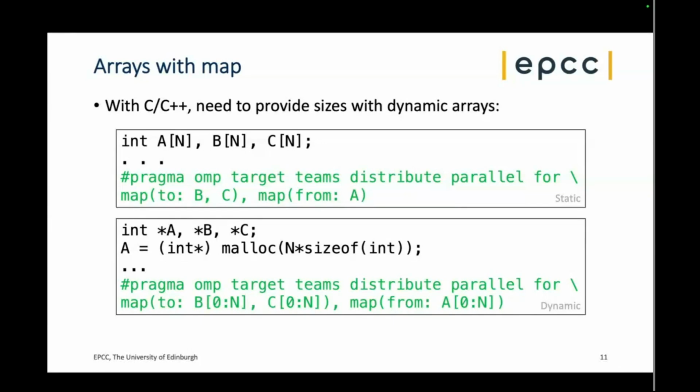So this is, let's call it a feature of C++, which doesn't really know that there are arrays. All they know about is that A, B, and C are pointers to memory locations. There is no information whatsoever about the fact that they're actually arrays and there's a certain number of elements which are allocated. So in this case, you have to tell OpenMP how big these arrays are. The way you do it is by adding square brackets, and inside this,